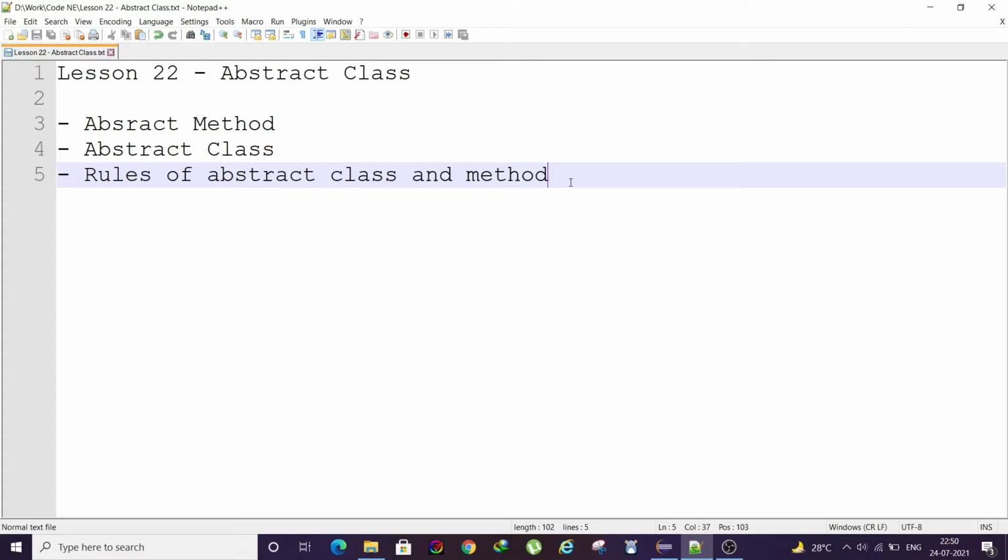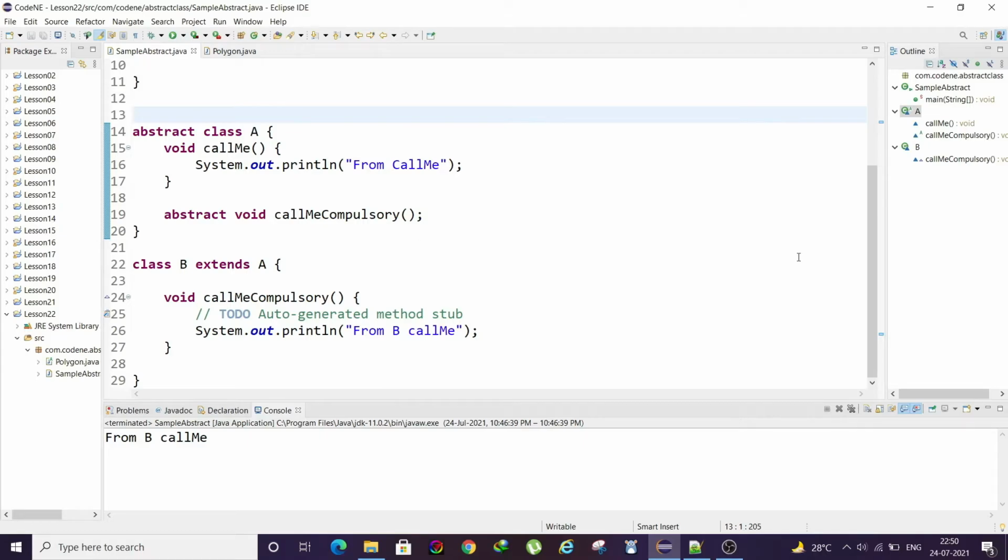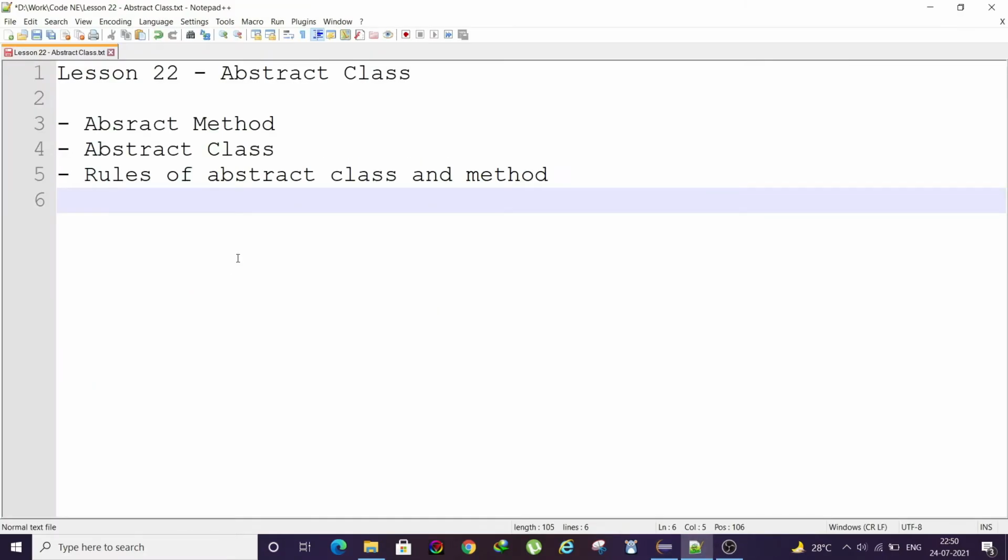So to see our last subtopic, that is rules of abstract class and abstract method. We'll write it down, but before, let's see with our practical example. For example, if you see, when I made this method abstract, it is compulsory that the class is abstract as well. Otherwise it is not possible to make a method abstract, right? So the first rule is, if method is abstract, then class has to be abstract.